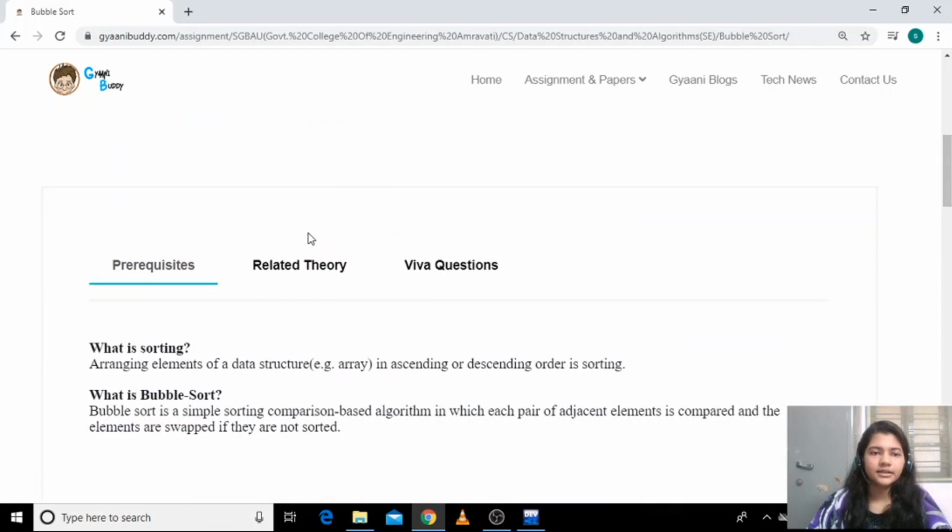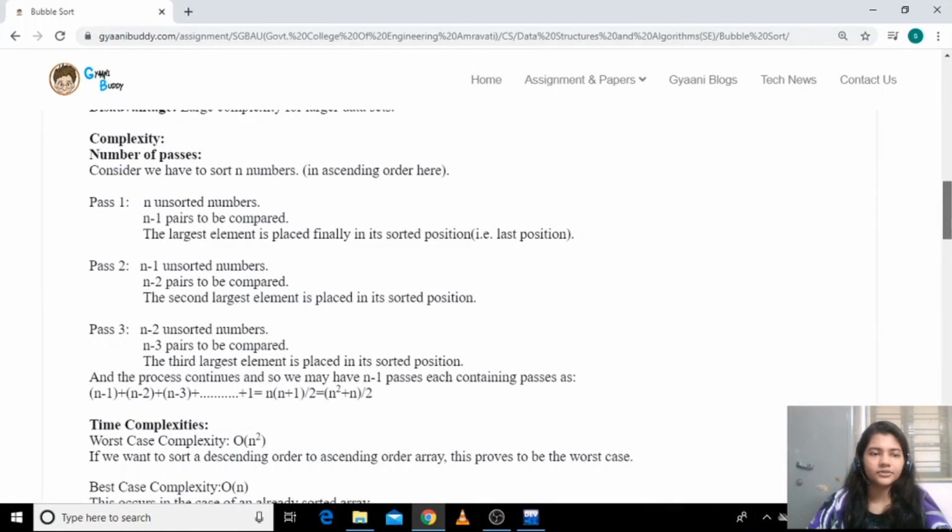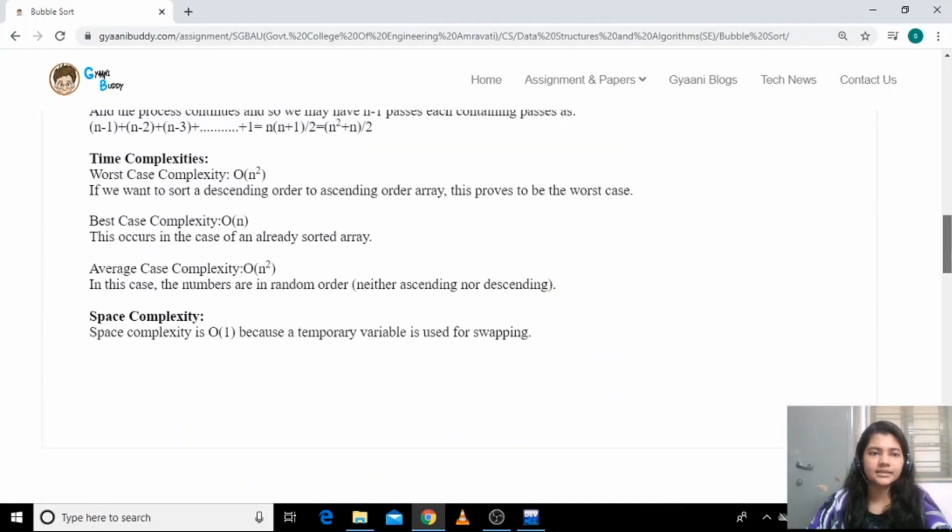See here in the related theory section, I have the time complexity. As I discussed, the worst case is if you want to sort a descending order array to ascending order, in each inner pass there will be a swap, so this is called the worst case, and we have seen already the number of passes, and from that we can see that order of n square will be the complexity.